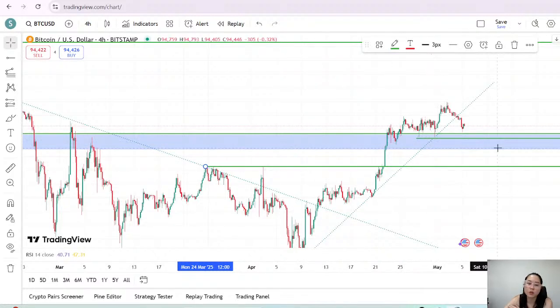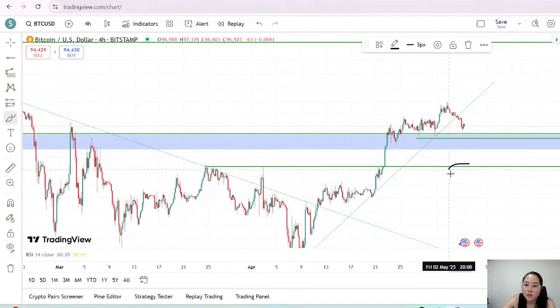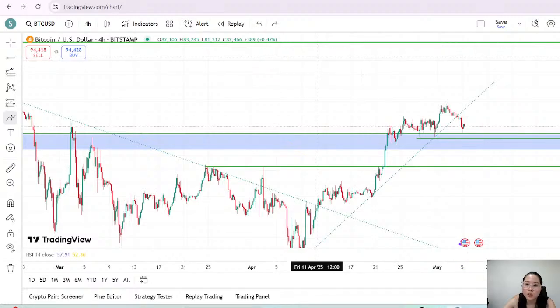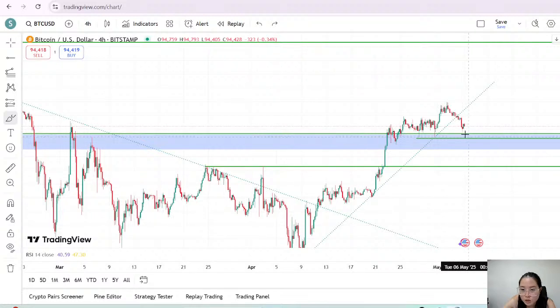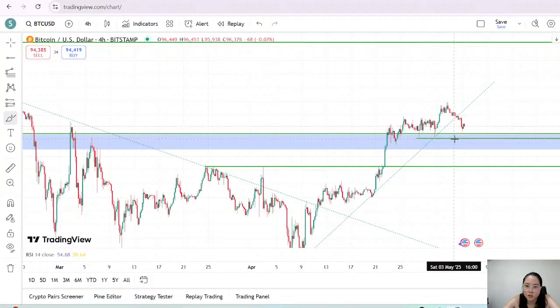Anytime price comes to a level that is significant, it means that this is where price will most likely bounce. Anytime the price bounces means that's where you have the opportunity to make some profits. Okay, so possible entry 1, possible entry 2, which is this area. We break this area, we will find out in a while. It looks like it was coming to test this area anyways. Okay, so if this is our possible entry, right?